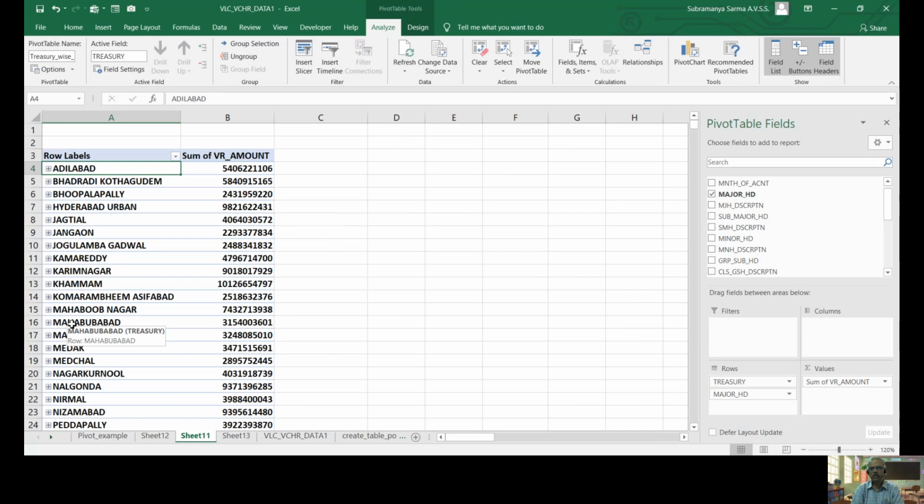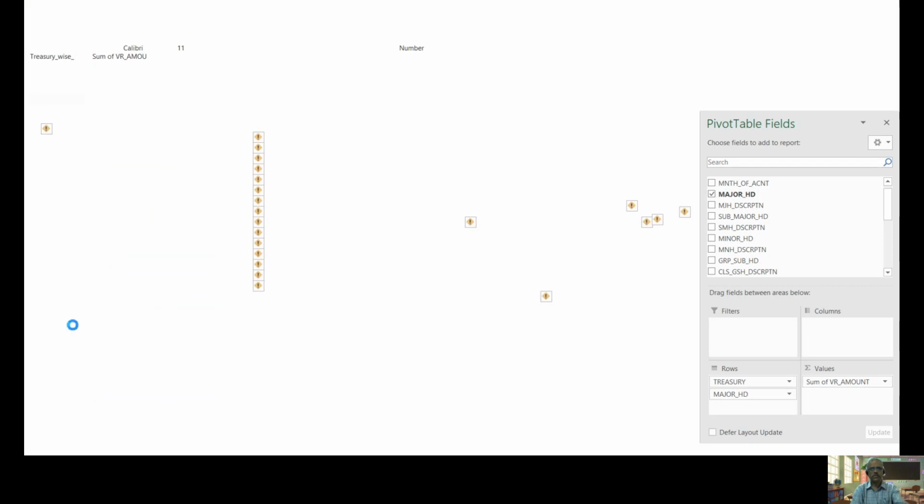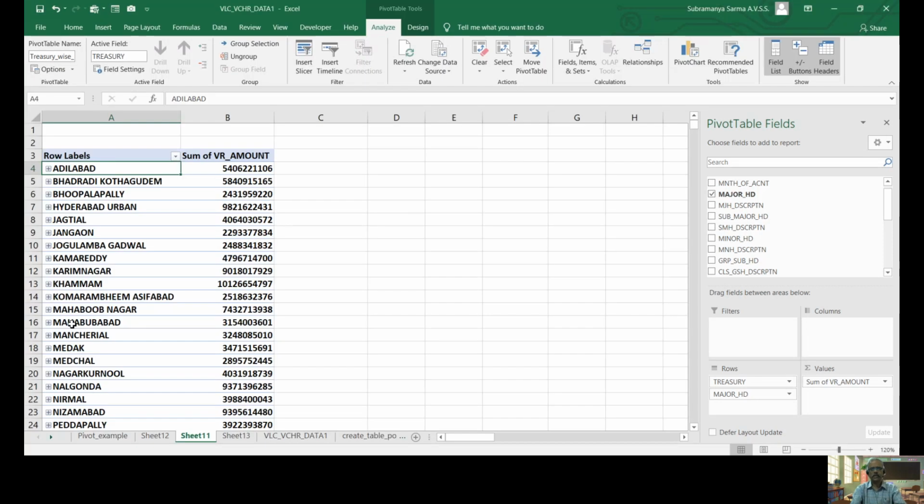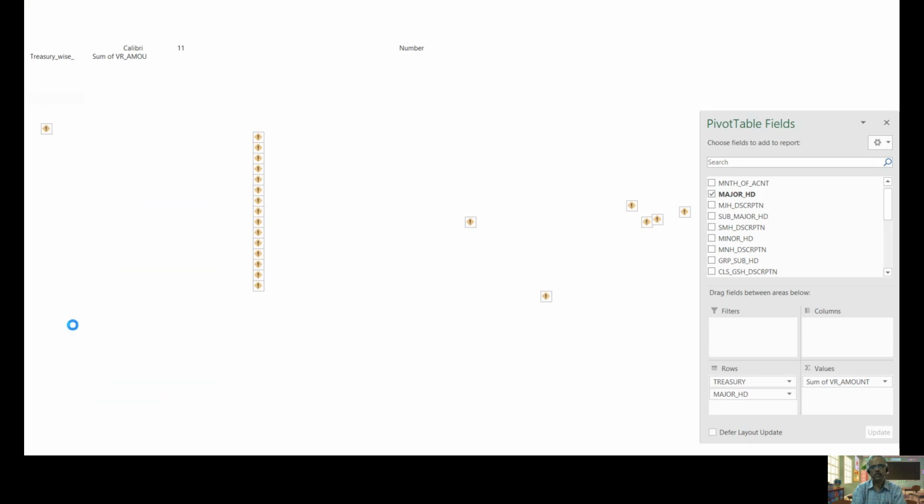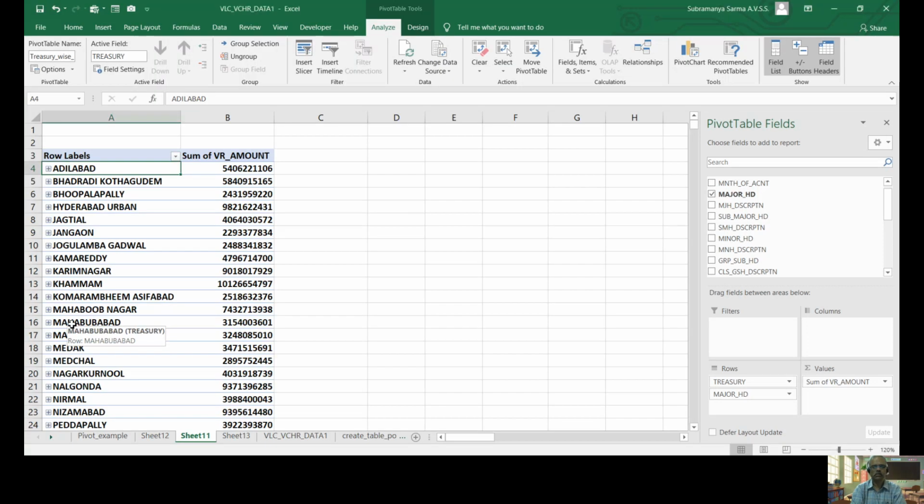Values is for number fields, and filters you can apply for the columns which are not part of our pivot table, because the entire base data is also available for the pivot, though it is not visible in your pivot table. That is the reason it will respond to the filters.